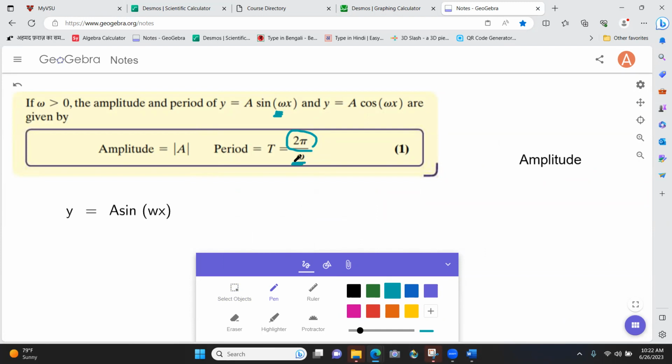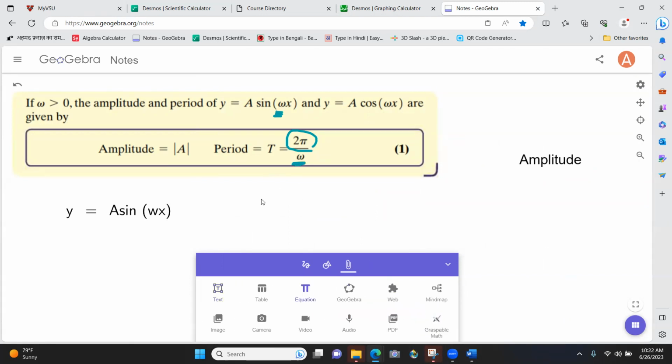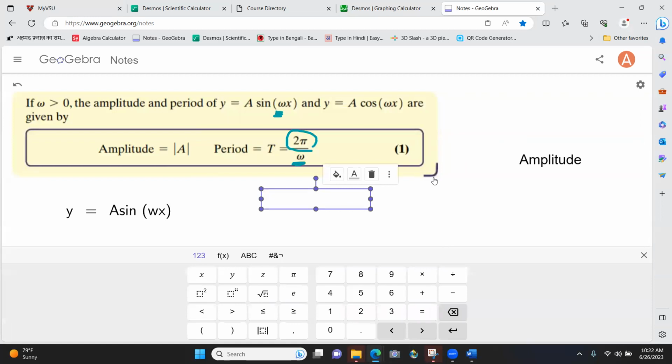That's going to be your period. All right? So I'll give you an example. Let's say I want you to find, I'm going to do a couple of examples. These are very similar to the ones you'll find in your book. All right, so I'm going to take y equal to